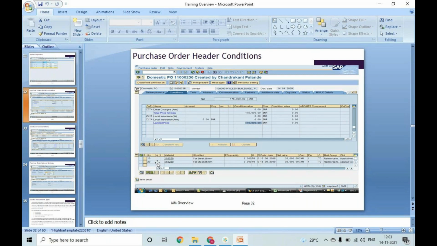See here, the account assignment is blank. That means it is a standard procurement. Okay, you're not procuring for some asset, you're not procuring it for some sales order. Okay,